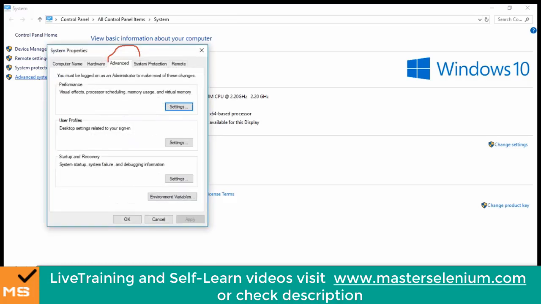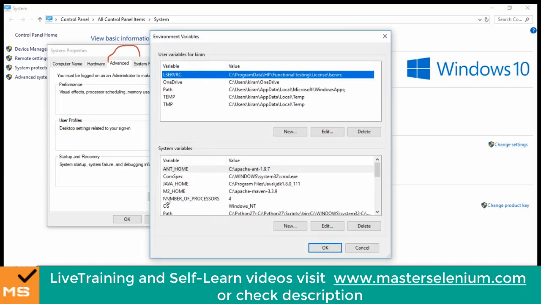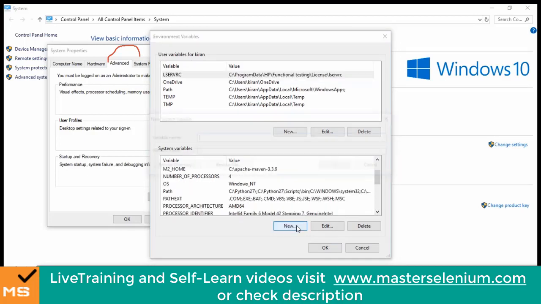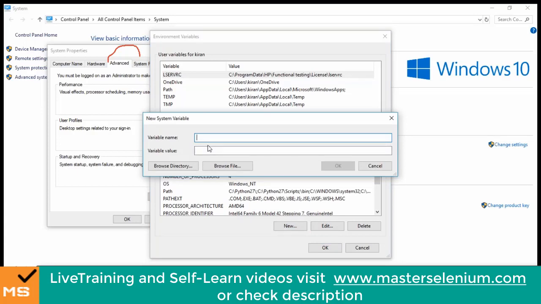Once we click on that, a small window will be populated on the screen, right? You have different tabs here: computer name, hardware, and advanced. You need to go to this advanced tab, and click on this environment variables here. Can you see this? Environment variables. Just click on that. And here you'll be seeing user variables and system variables. Come to the system variables, and here we have something called new. Just click on new,